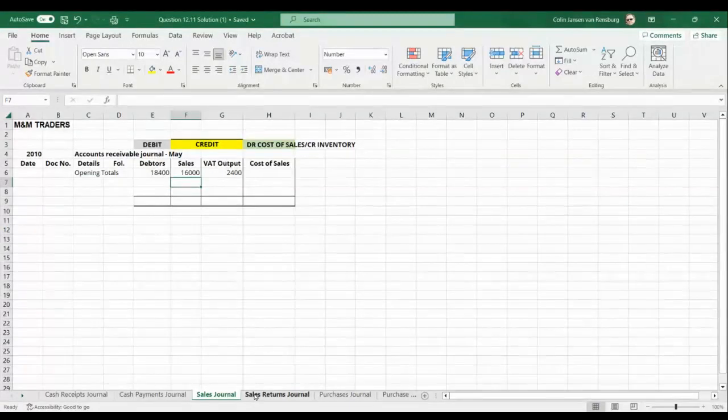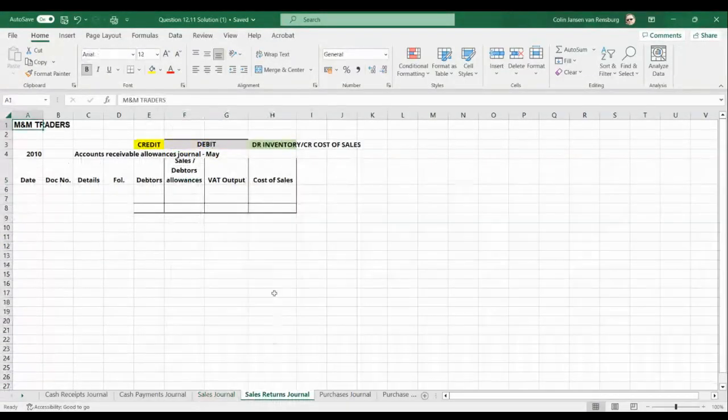Now let's go to the sales returns journal, ladies and gents. It can also be called an accounts receivable allowances journal. You'll see for each of these journals, we provide both popular names, the most common names that are used, either your sales returns journal or your accounts receivable allowances journal. Same thing. Okay, let's see whether there were any balances there. Yes, there were. For accounts receivable 345,